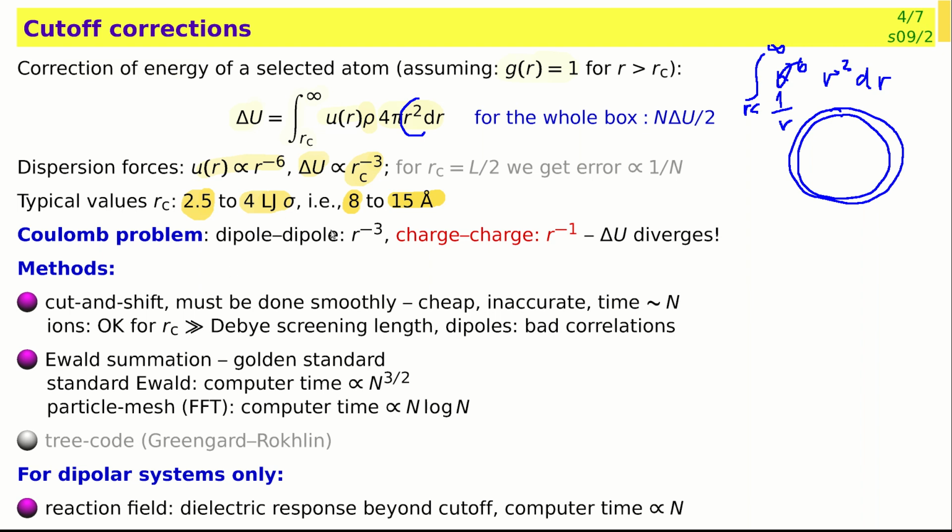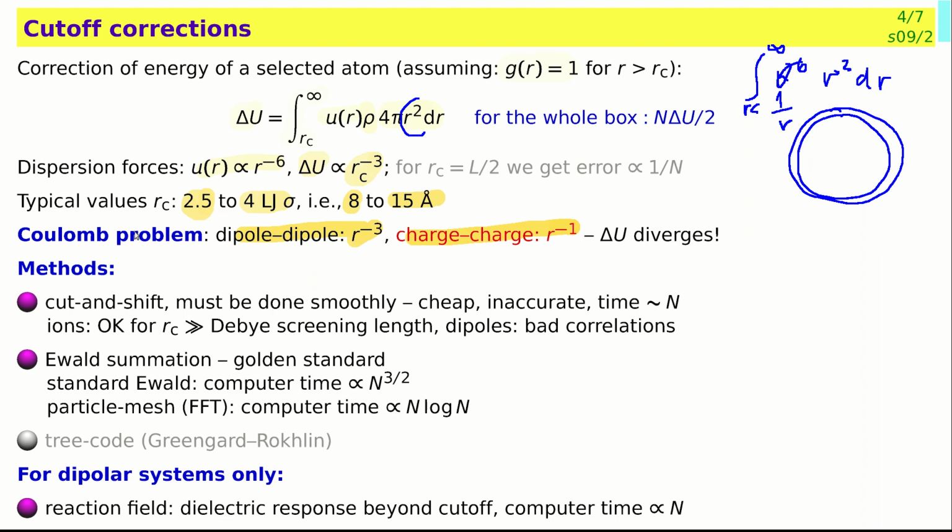Actually, the limit of this is already the dipole-dipole term. If we put r to minus 3 here, we'll get the integral over r to minus 1, and it doesn't converge. But the dipole-dipole interaction depends on the angle, so this is not so bad. But for charge, it is bad. So what to do with the Coulomb forces? We cannot calculate, or we can, I will show it later, but it seems that would be a very difficult problem to include very many interactions